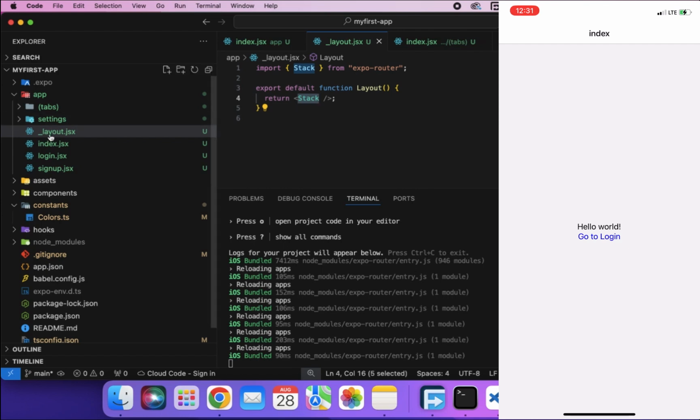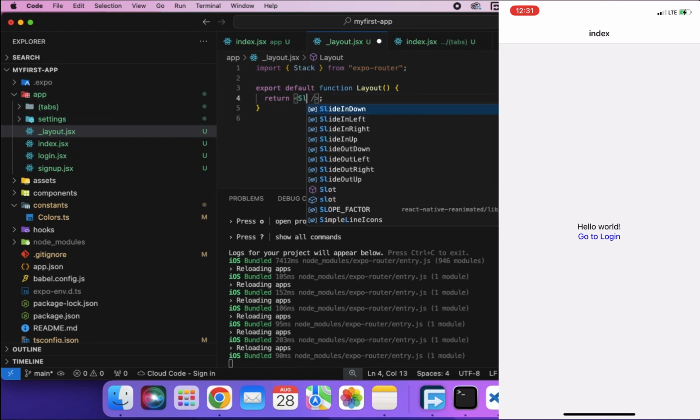So this is a way to describe how your navigated screen that you have entered into is going to be like. And you can stack other screens on top of the other. You can have a stack screen and stack another stack screen in it, or you can have a slot screen and stack a stack screen in it. And this is what I'm trying to do with this button navigation. So I want my app layer to actually have a slot,